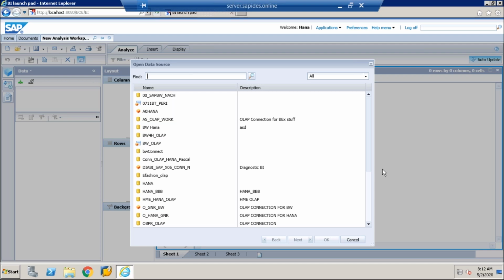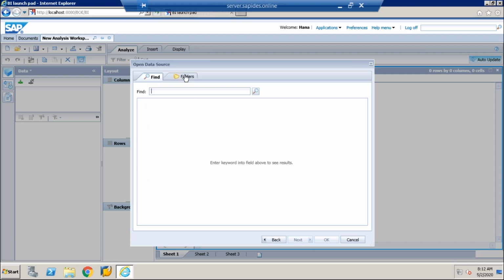Then we can choose some connections which are already created. And as well, we already chose some file and we just created them.